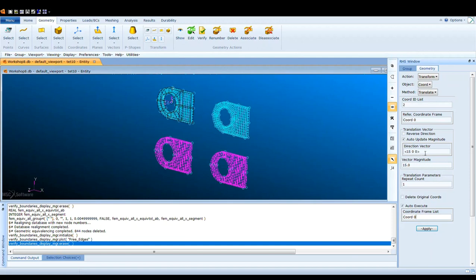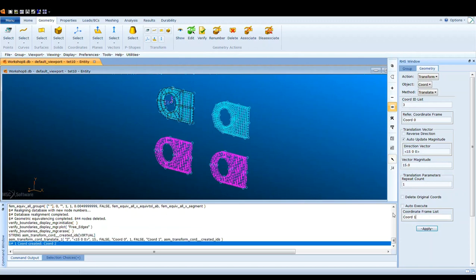Right here it's gonna be 1500, and on coordinate, this one we're going to change it to coordinate 1. We could just type it out right there, coordinate 1. Oh, not right here, over here. Execute coordinate 1 on the frame list. Right? And we're going to hit apply. And it should be on this one. And we're going to repeat it so we could have it on this one and also on this one. Okay. So we hit